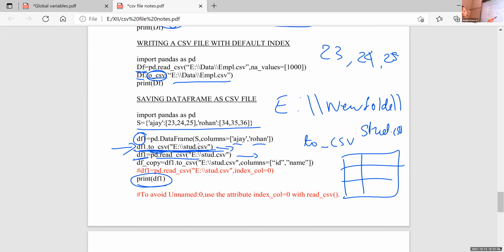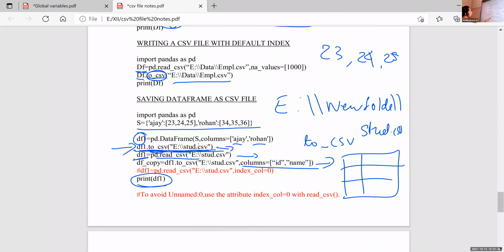And this is another statement. This also you can use. This is the statement to save the copy of that file. Use this statement also, and you just place a hash symbol for this statement. Then you can identify what happened with a particular statement with columns equal to id, name. When we execute this statement, what will happen in the output window?